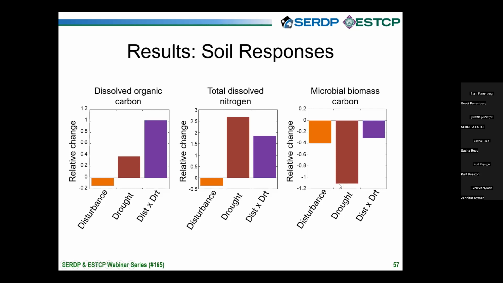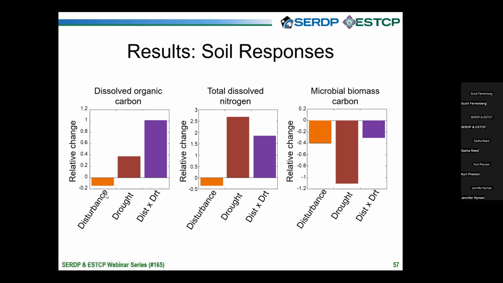And when we start to see the microbial data, it starts to make us think a little harder. We have negatively impacted microbial communities in the soil with all three of these treatments. That would still help us to explain why there's a buildup of organic carbon, but it wouldn't really help us to explain this reduction when it comes to the disturbance. There's less microbes, so why do we have less of their food source sitting around? I wanted to use this result to illustrate the need to think more systematically in the system. We have to be systems ecologists.